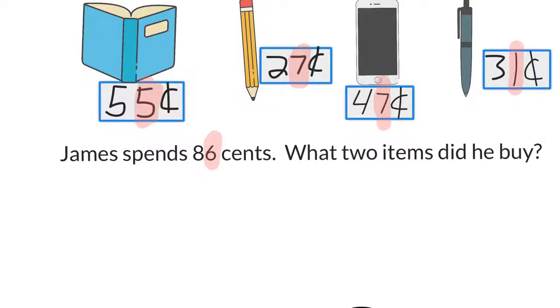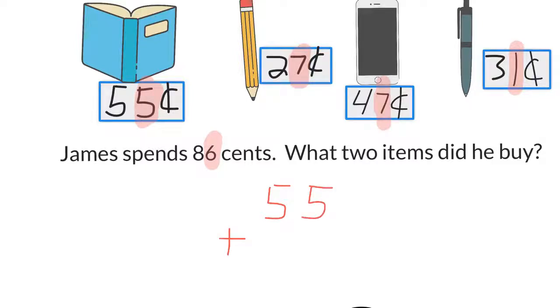So at this point, we can look and see which 2 numbers added together would give us a 6 in the ones place. 5 plus 7 would be 12, so that would be a 2 in the ones place. Same with this 7 and 5. The 7 plus the 7 would give us a 4 in the ones place. The 7 and the 1 would give us an 8, and we can see the 5 here and the 1 here would give us a 6 in the ones place. So that's a start. So we're going to set up the problem now to add 55 cents for the book